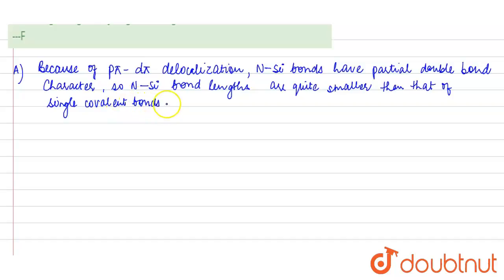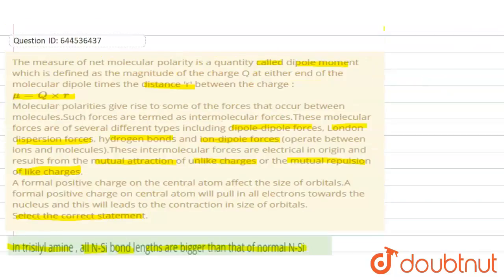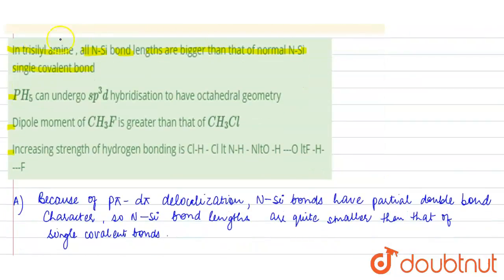So here the first statement, that all N-Si bond lengths are bigger than that of normal N-Si bond length, is not correct. Statement A is incorrect, because N-Si bond lengths are actually smaller. Here the second statement is saying